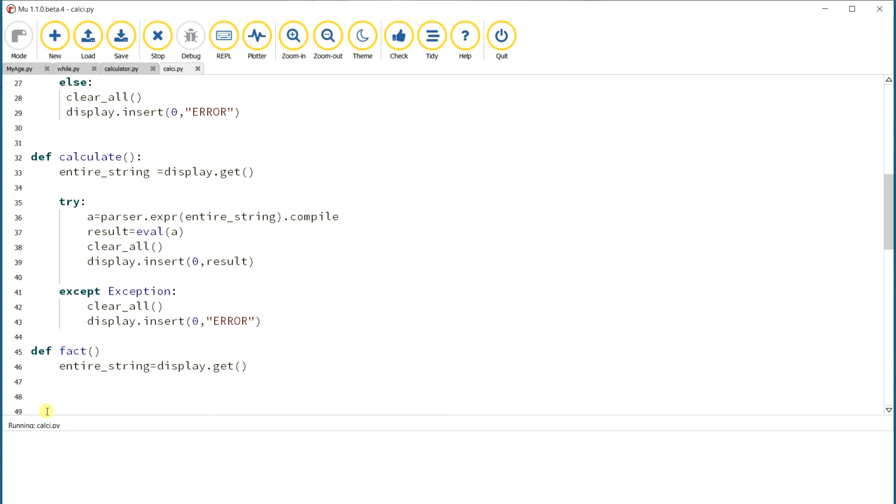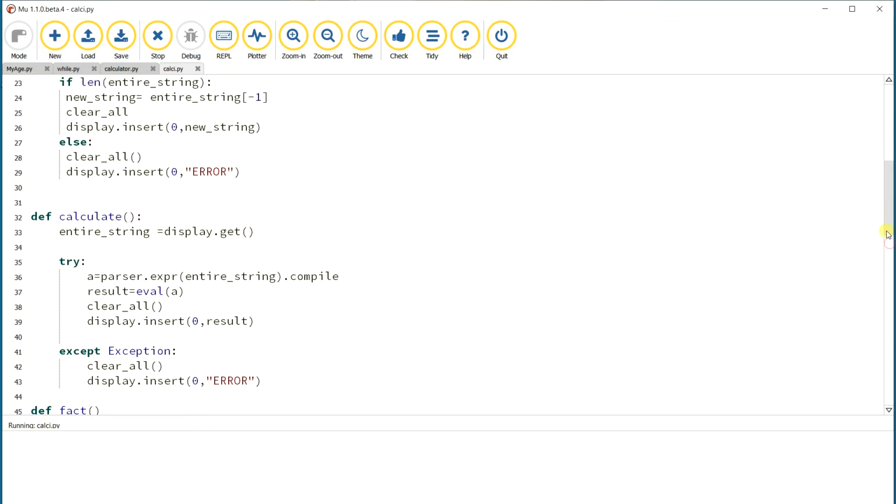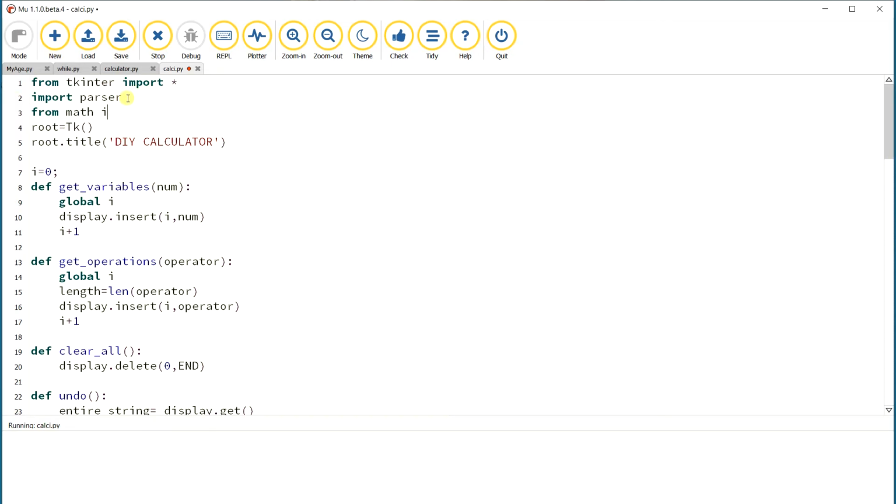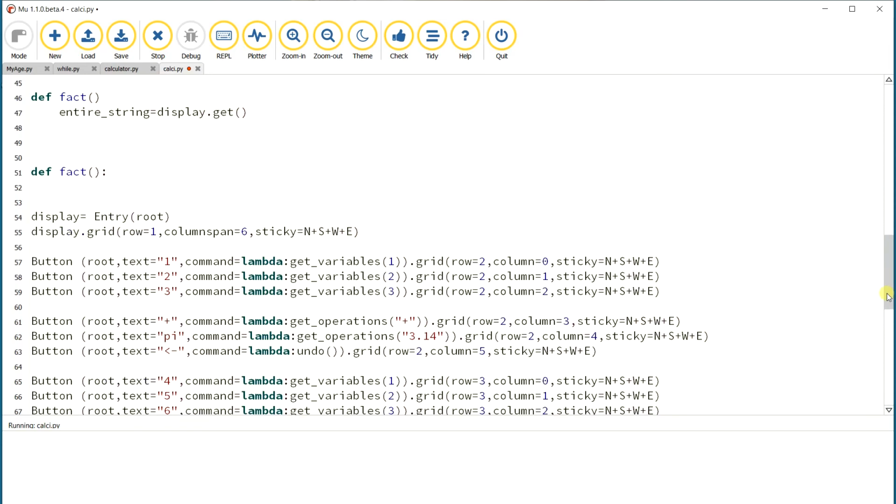So for the fact function, the factorial is already there. For that we are going to import factorial from math. So we need not write how to do factorial.